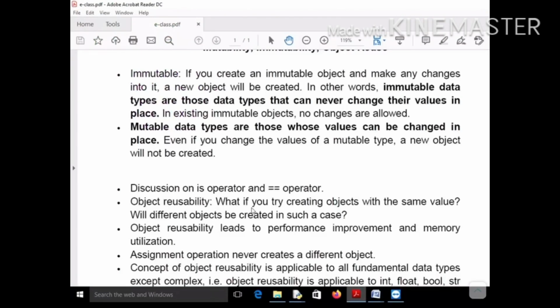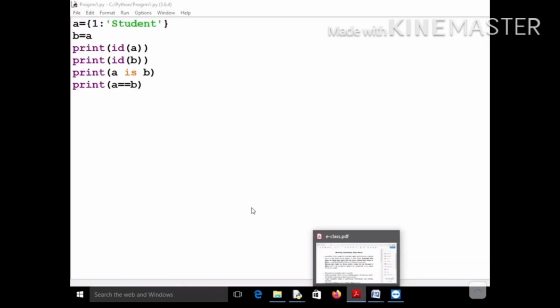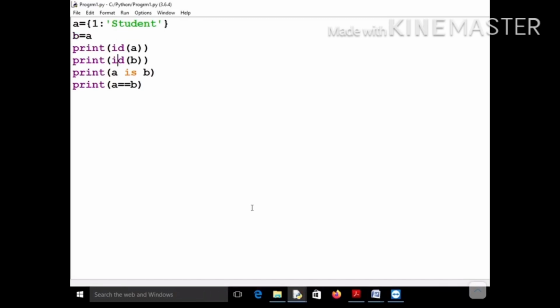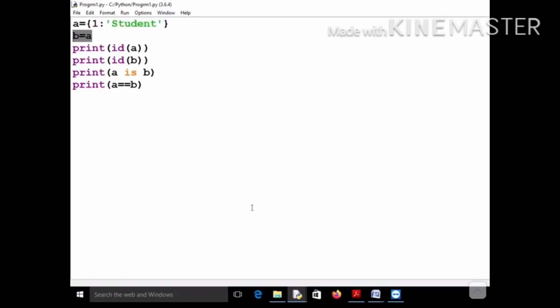So till now we have discussed three things. We have discussed what immutable and mutable objects are. Then we also discussed the is operator and the double equal to operator, what are their meanings. And then we discussed this a = b, what is its meaning, what will happen if you write like this, whether a new object will get created or the reference variable will start pointing to the existing object. I told you that no new object will be created in this case, but instead this reference variable b will start pointing to the same object as a, the same object to which the reference variable a was pointing. This is valid for all kinds of data, whether it is mutable or immutable.